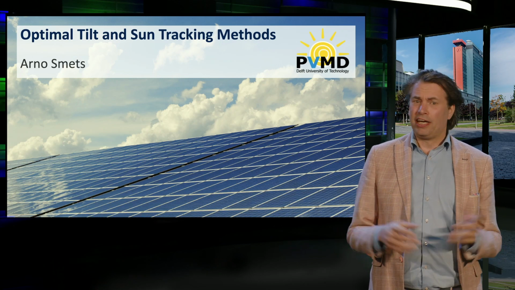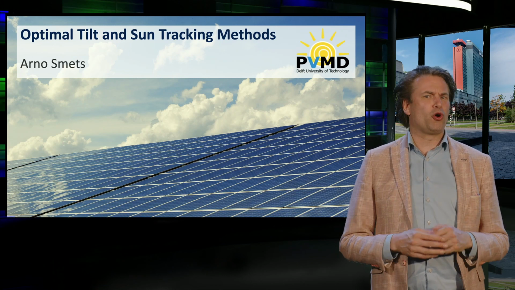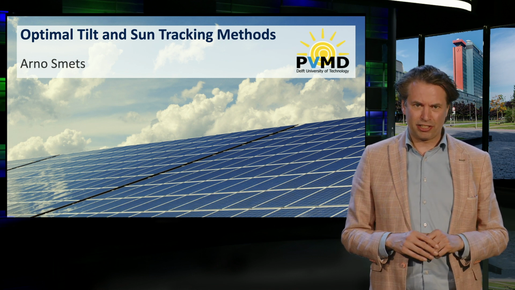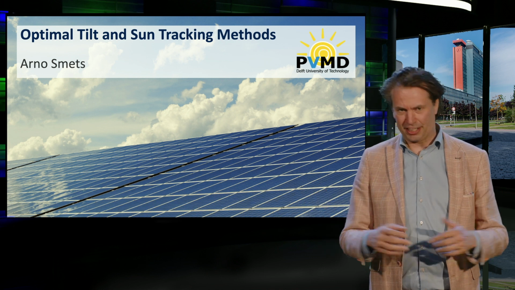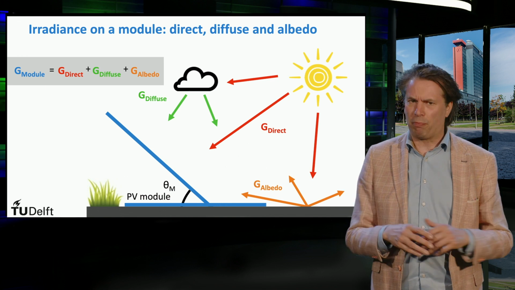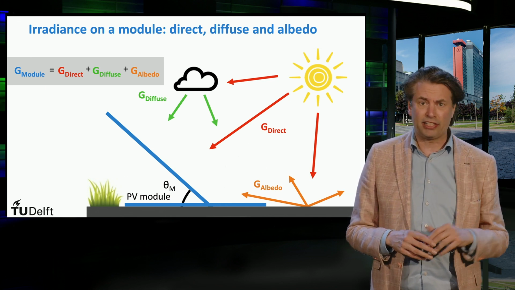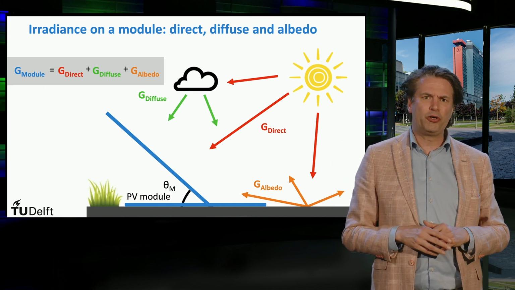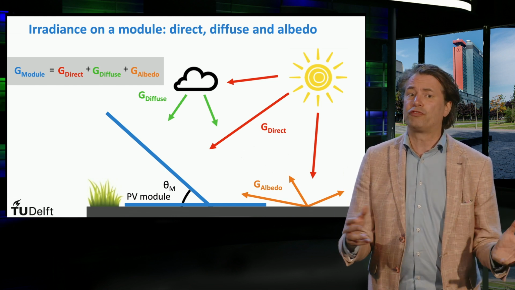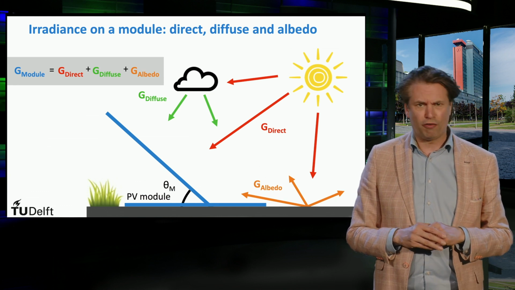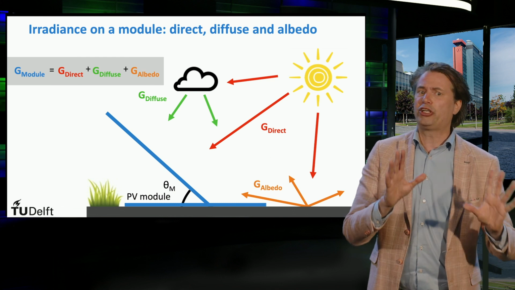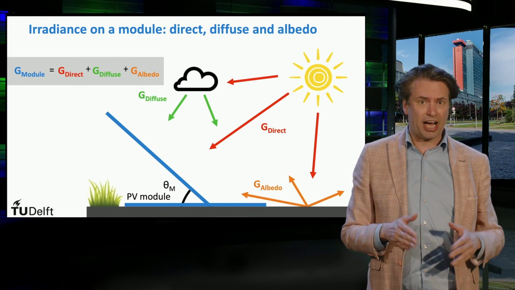Welcome back. In order to optimize the performance of our solar panels, we need to point them in the direction that maximizes the incident irradiation over the entire year. In the previous video, we discussed the three different components of light: direct in red, diffuse in green, and albedo in orange. We derived expressions for these components as a function of the tilt and azimuth angle of the PV module. So now the goal is to find out for which module tilt and azimuth the annual irradiation on